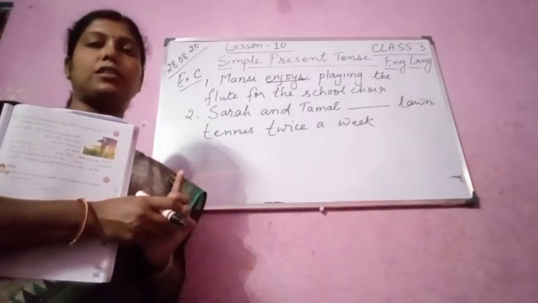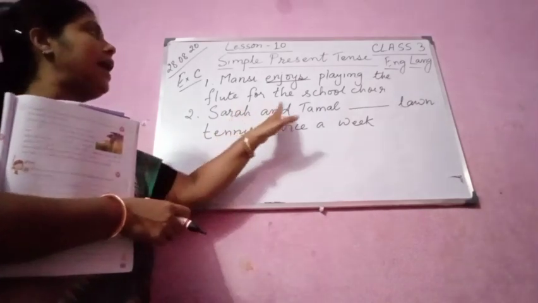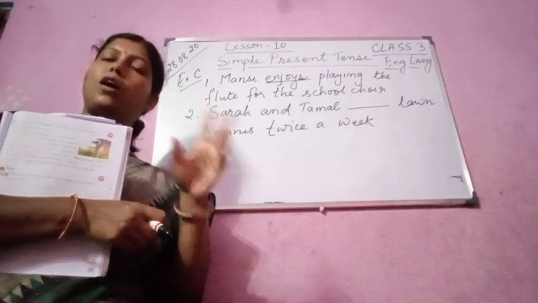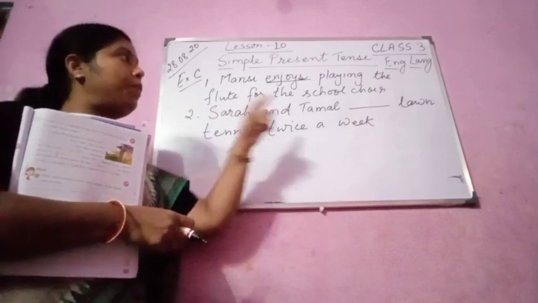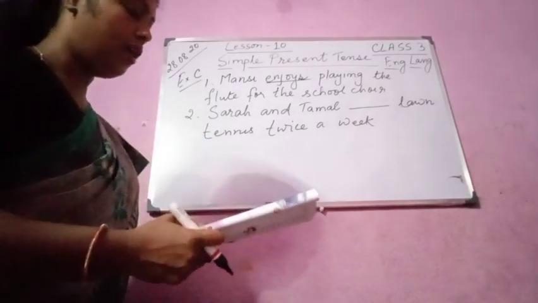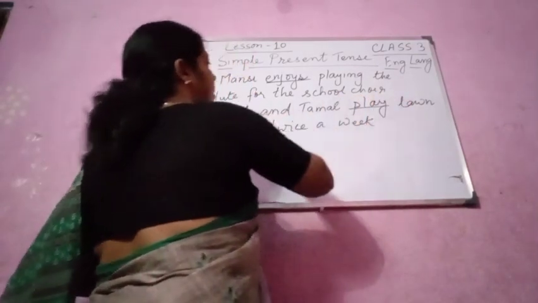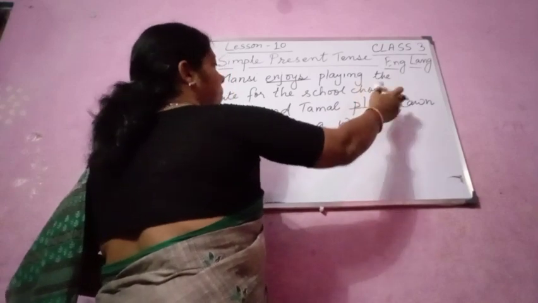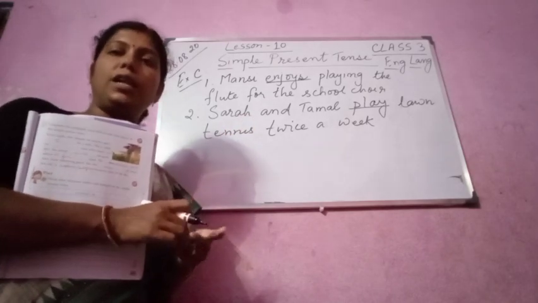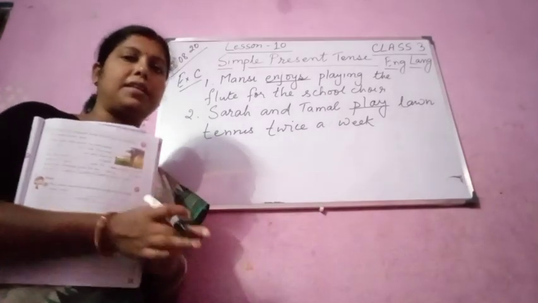Sara and Tamal, the subject comprises of two persons. Here you see Sara and Tamal. This is the subject. Okay, the subject comprises of two persons, right? So with two persons, the base form, that is the verb, will be the same. Okay, so play, it will be play only. Play, subject plus base form plus rest of the sentence. Okay, if the subject is plural, the verb that we are going to use, we are not going to add S or ES. Keep in mind this.